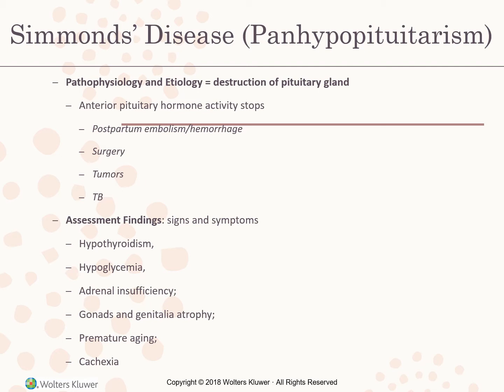The patient will prematurely age as well as become extremely cachectic, which is physical wasting. The skin will then become pale because of a decrease in melanocyte stimulating hormone, and this is under the control of the adrenocorticotropic hormone, ACTH. And results of their lab tests will actually show decreased hormone levels in, for example, thyroid, corticosteroid, and reproductive hormones.